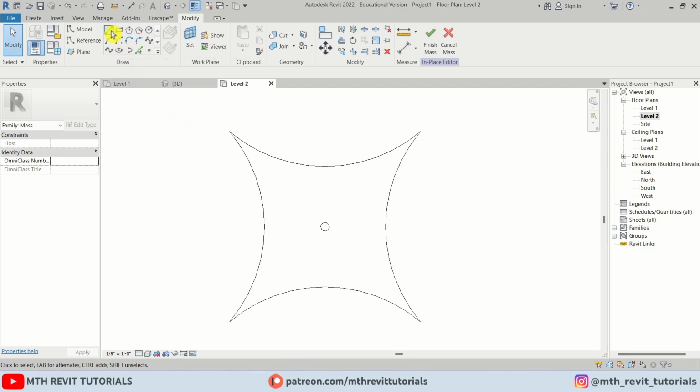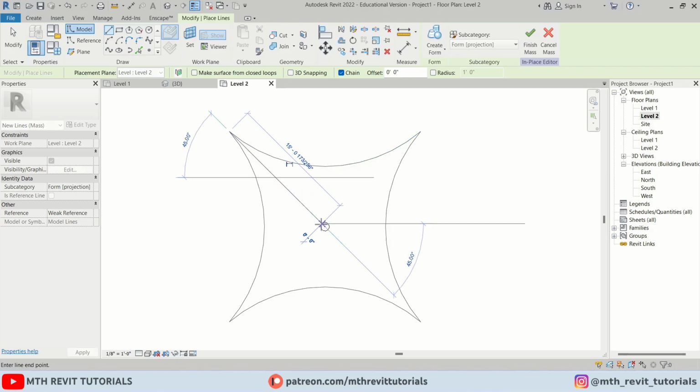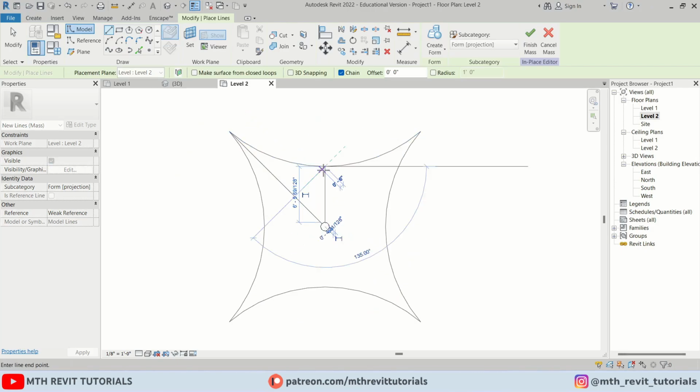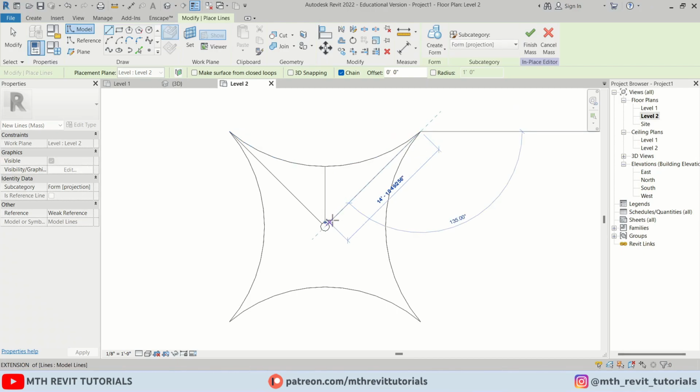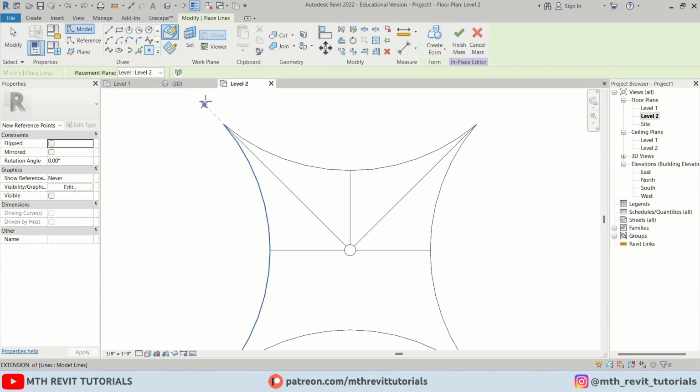Now I'm going to create a line from this point to this point of this circle here, and then let's create another one in the middle and another one on this side and two in the middle here, like so. Now we can use these lines as a reference to place the point elements. Now let's select point element and make sure draw on work plane is selected. I am going to place this point element, the start, the midpoint, and the end point of this line. Let's repeat that with the other lines as well. We will add 3 points on each line,